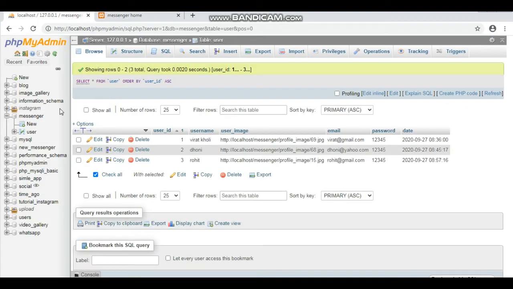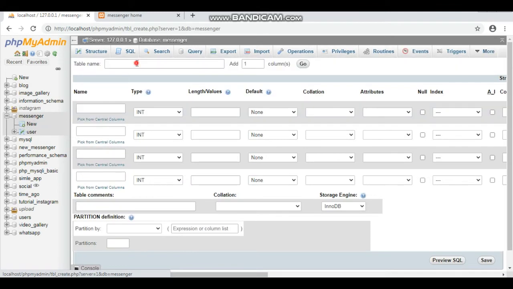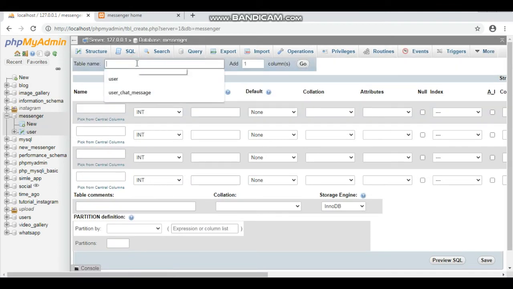Now create the new table. Here the table name is user_chat_messages.